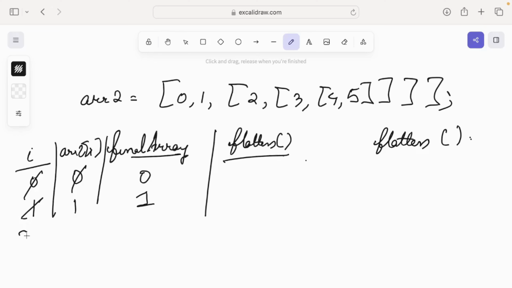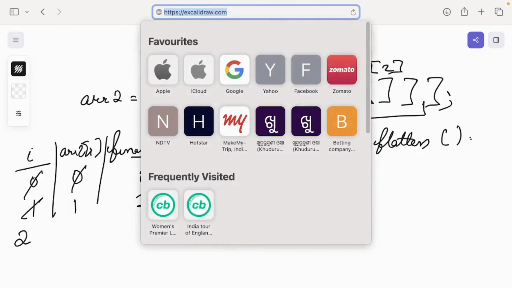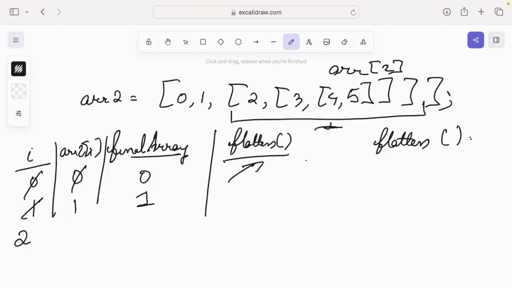Then I basically became 2, and ARR of 2 basically became this entire thing, and then we said that okay, is it an array? That is when we said yeah, it is an array, so we'll not go ahead and do a final array but push all this flatten with this value, right? So अभी इस flatten में again we'll have recursion, यहाँ पे I होगा, ARR of I होगा,